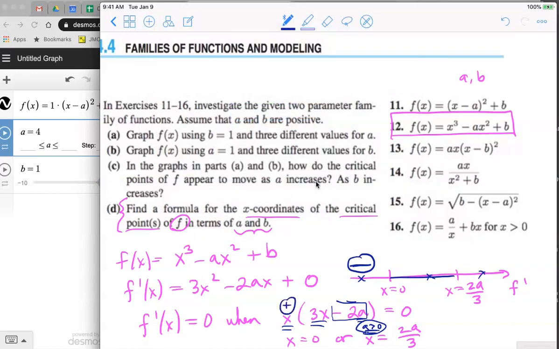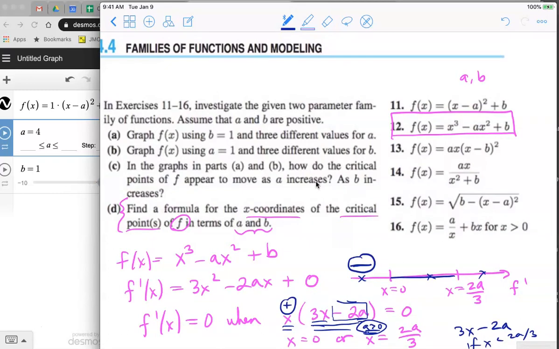And this quantity right here, 3x minus 2a, if x is less than 2a over 3, and x is also a positive number, then we will see that 3x minus 2a has to be a number that is positive. And when x is bigger than 2a over 3,